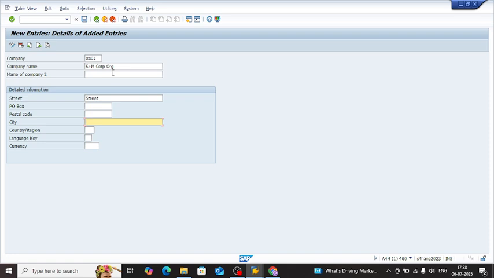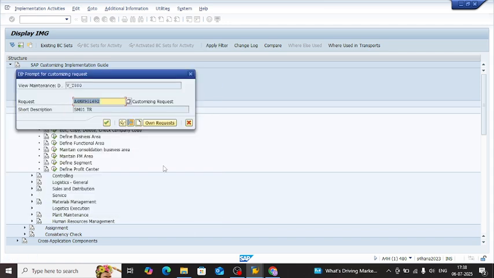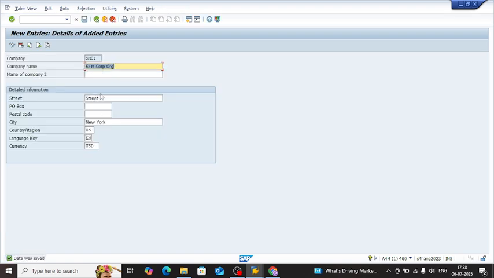Let's call it a US company, because most of the clientele are from there. Country is US, language English, currency is USD. Let me set this up, create a new TR, SM01 TR. That doesn't make any sense, but yeah. Right, so